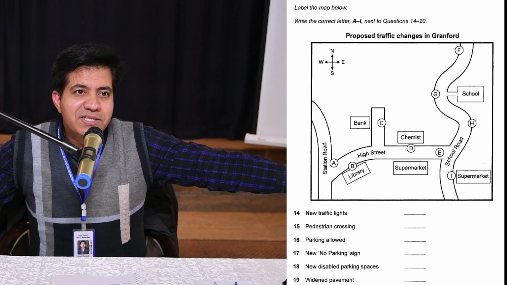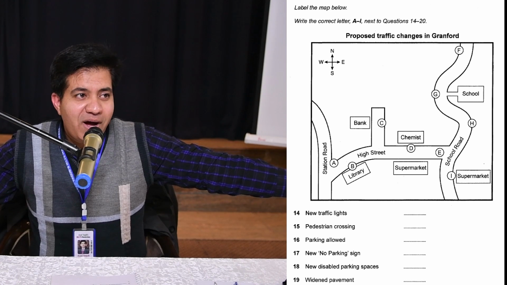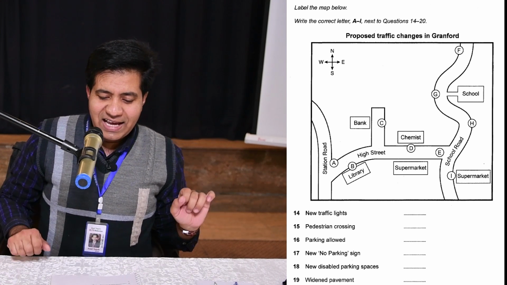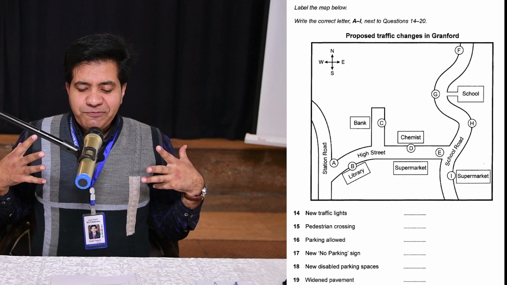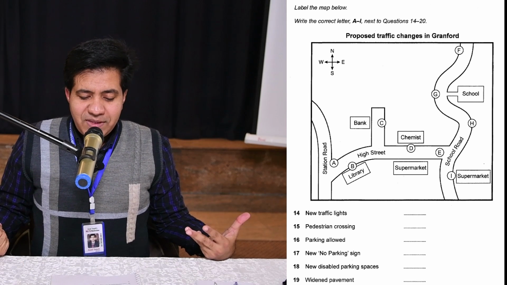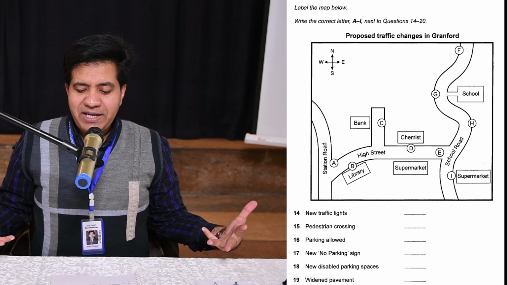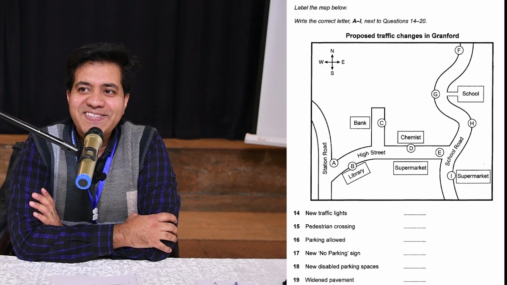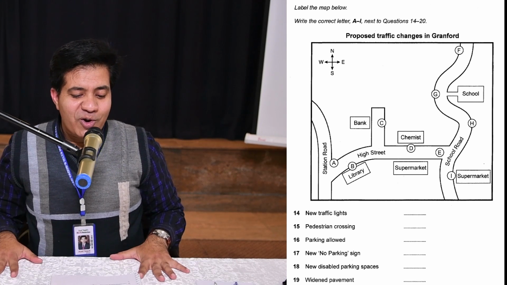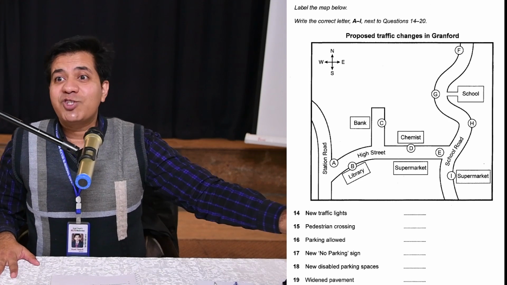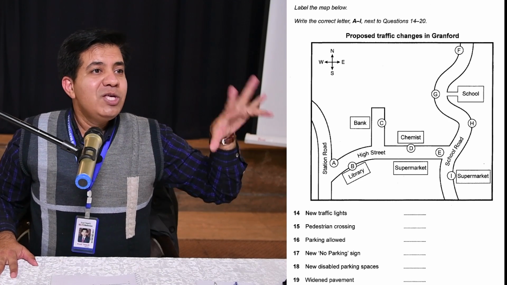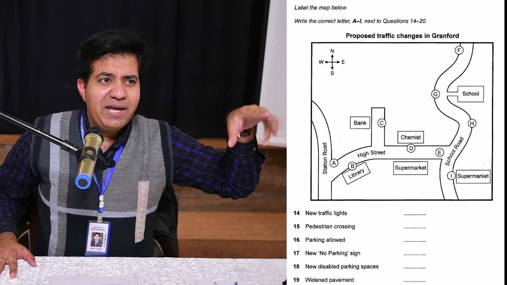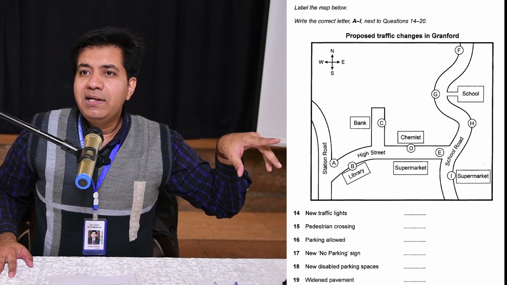C. Please, yeah. Don't do this supermarket. Someone has to go shopping, that's fine. Okay, now if he says supermarket, what is the answer? No, there are two supermarkets. One is on School Road, one is on High Street. Now you got to be careful. So if they give you one word twice, one place twice, it means there is a trap.